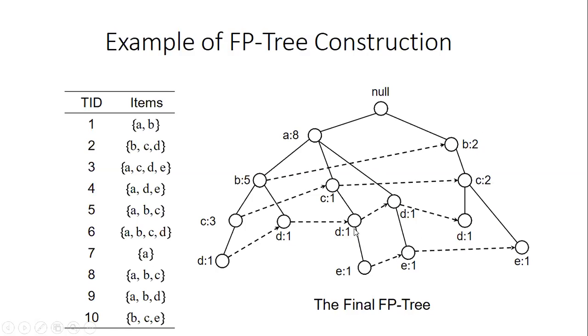Their count. You add the sum of the counts, and if you get the count the same as in the transaction table which I showed previously, then you can make sure that your tree construction is right, it is constructed correctly. Okay, this is our final tree. Hope it is clear for you. Fine. Hope you are understanding this.